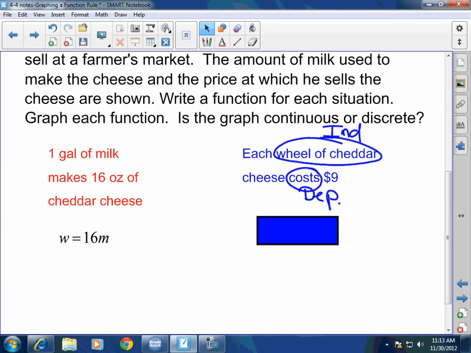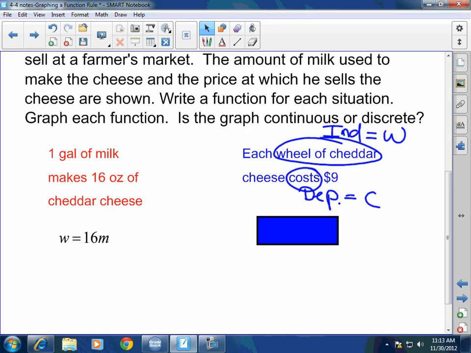Okay, what do you want to choose as the variable? Cheese is W. Cost is C. So the equation would be W equals